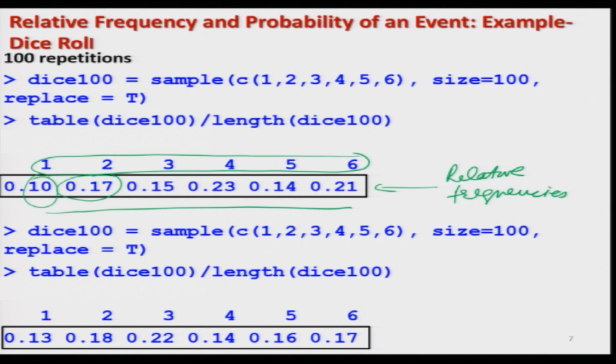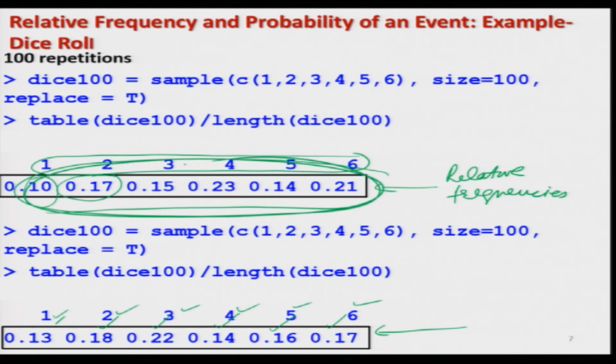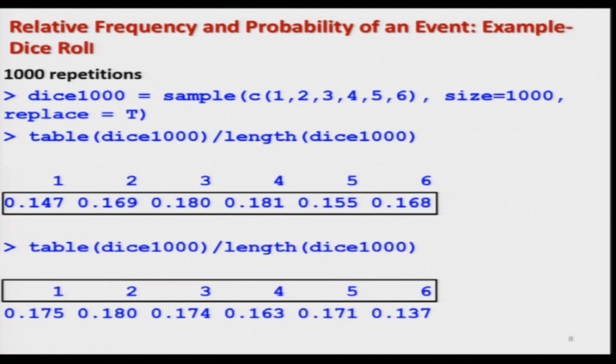And I try to repeat this experiment, the same experiment, that I draw 100 values once again, and I try to compute the relative frequency outcome. You can see here the relative frequencies of 1, 2, 3, 4, 5 and 6 are given here like this: 0.13, 0.18, 0.22, 0.14, 0.16 and 0.17, which are very different from the frequencies which we obtained earlier, but none of the frequencies are indicating that the probabilities are exactly equal to 1 by 6. Now, what I do, I try to repeat this experiment for say 1000 times,